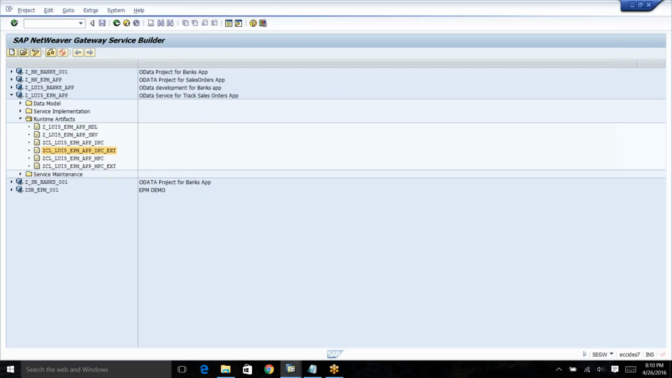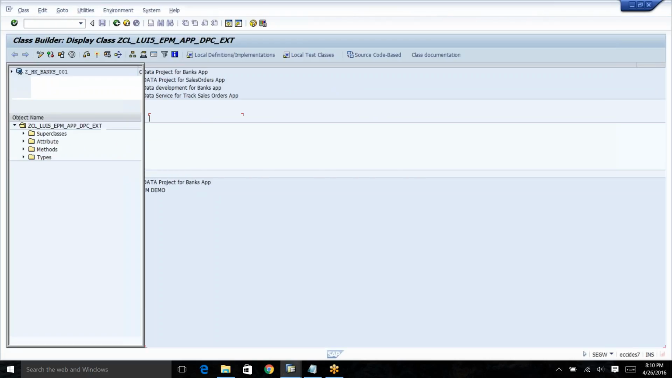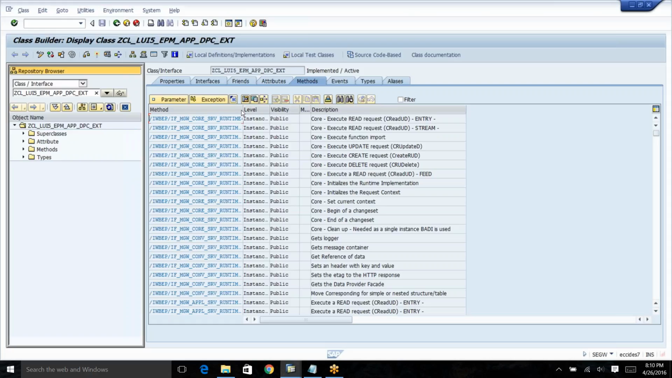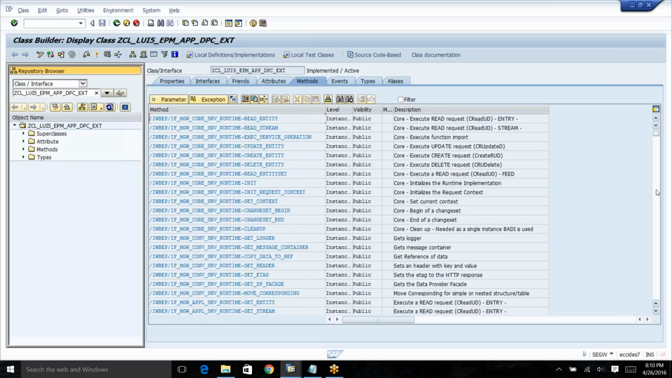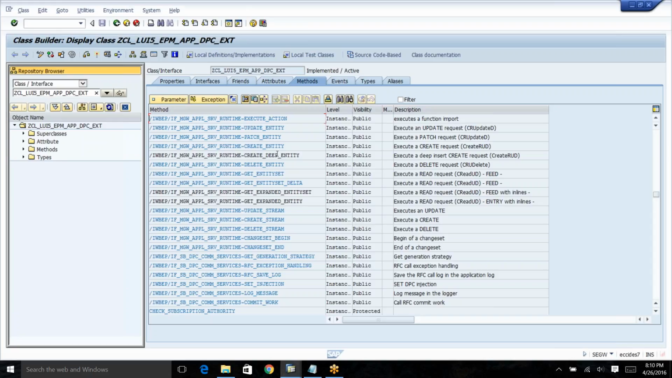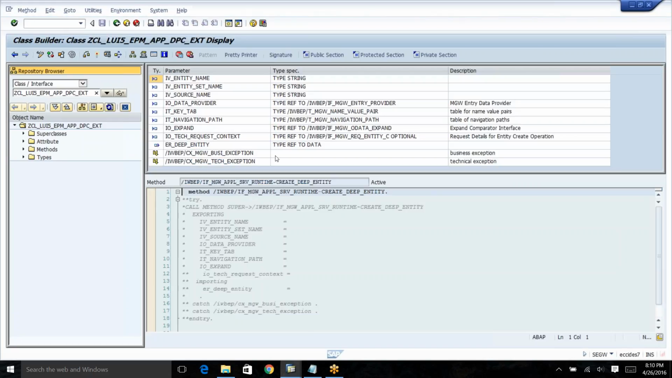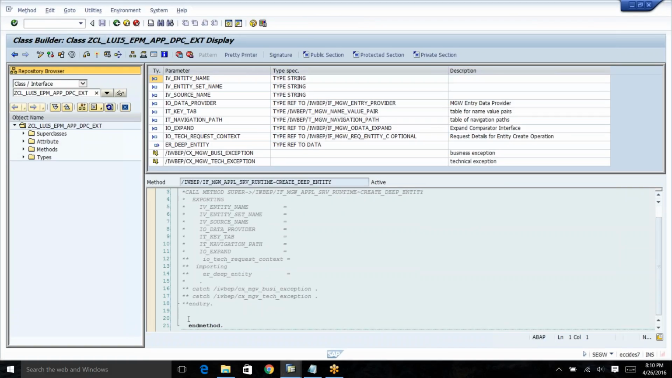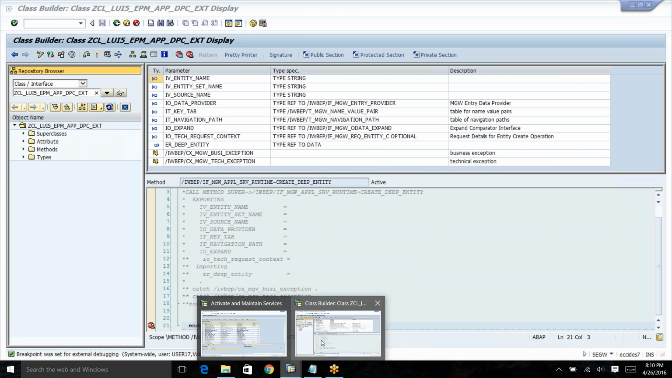Since this is a deep insert, we go to the data provider class extension, and we have redefined create underscore deep entity. Okay, I haven't done anything. Let me put a breakpoint here. Okay, so let me go to the